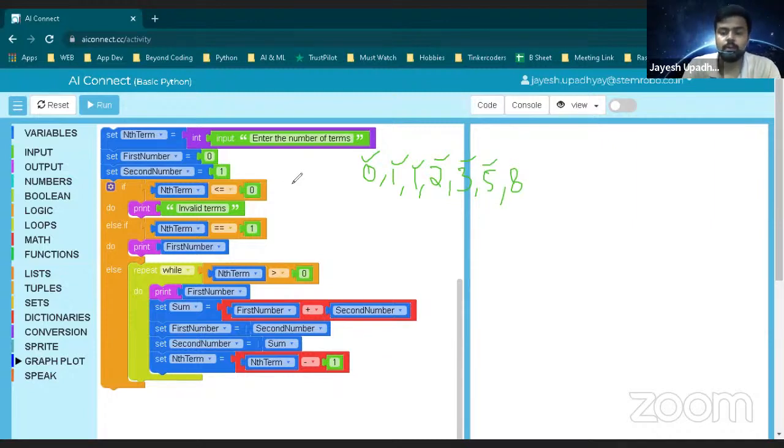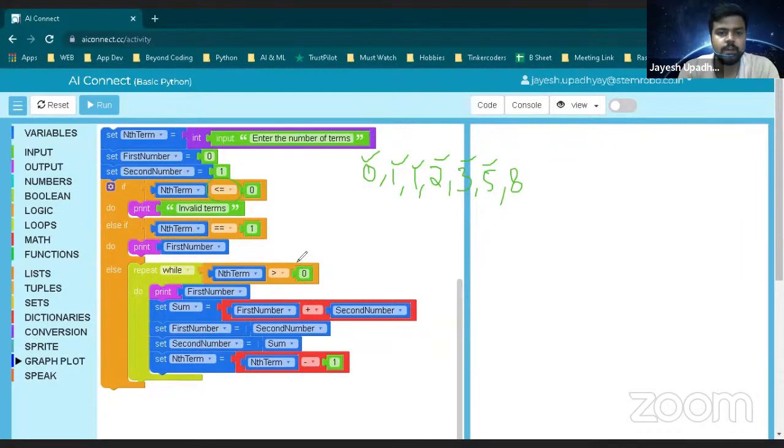So what I have done over here, first I add a condition that if the term given by the user, because the user is giving the number, it might be possible that the user is not aware of this Fibonacci series. So maybe the user gives a negative number or 0. For that case I have written that n term should not be less than or equal to 0. Okay. So you can't give a number which is negative or 0. This is a condition for that, and for this I'm showing that this number is invalid.